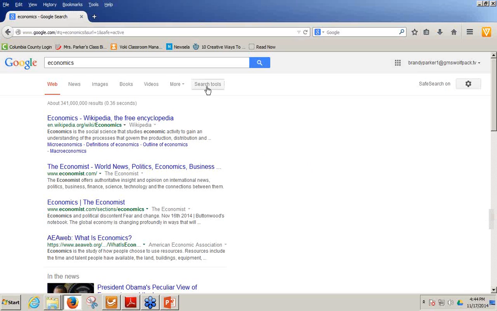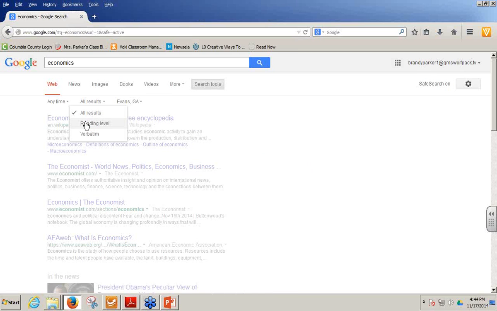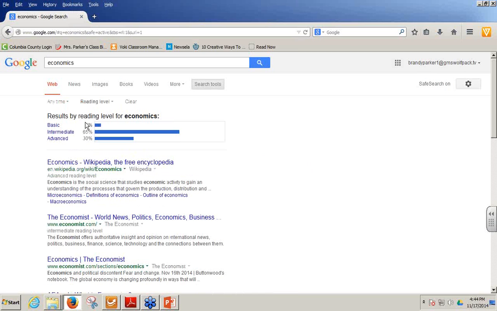Now, if I was to click on the button right here that I'm pointing to called Search Tools, and then from this All Results drop-down, I can choose Reading Level, and hopefully, there it goes, Reading Level. When I choose Reading Level, I never knew this even existed. And in fact, I just used this for my Voki PowerPoint, my Voki video